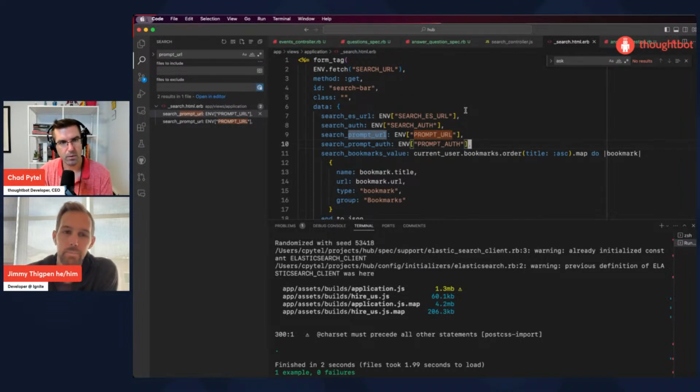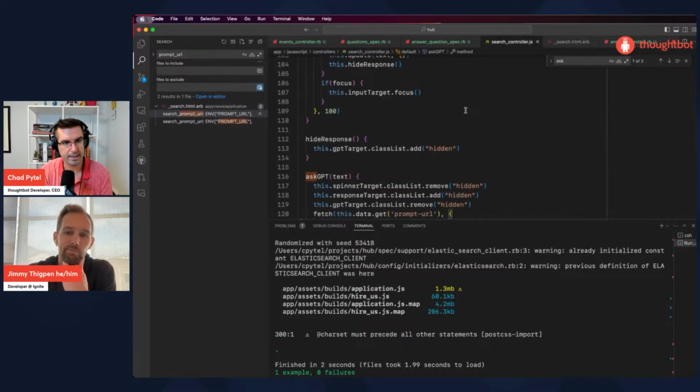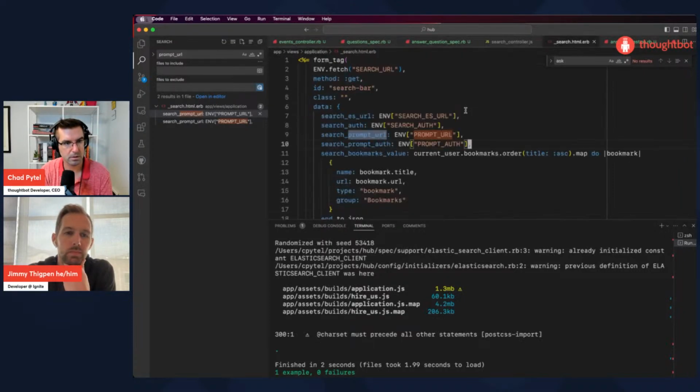So I think what we actually want to do is a request to, so Hub knows the URL and it knows the authentication token to use for talking to that separate service that can answer questions.